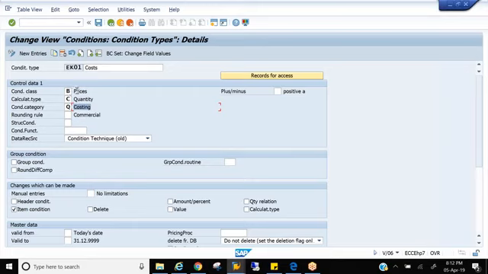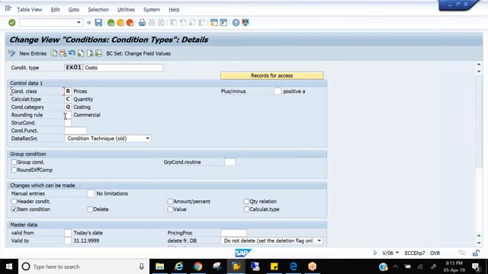So if it's a price here, it doesn't mean that it's always a selling price. It can be a cost price, it can be a customer expected price, it can be anything, right? So how will the system differentiate between all these prices or any other condition type? By seeing this condition category. So condition category is the further subclassification of condition class.